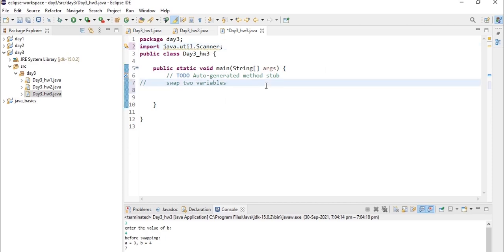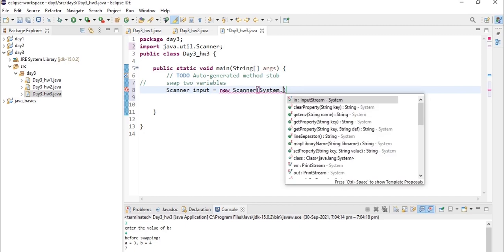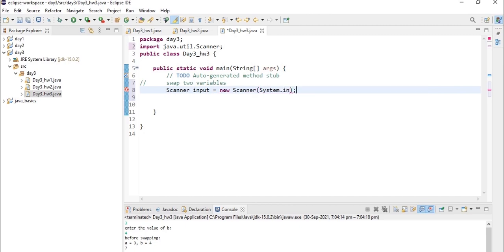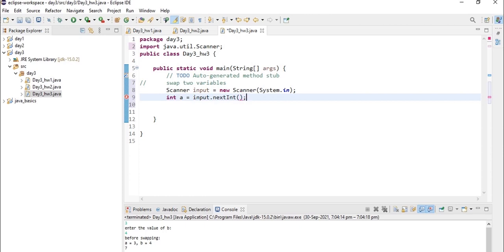Now let's create an object here, that is Scanner input is equal to new Scanner(System.in), that is input. Now let's declare a variable a of integer data type, and invoke the nextInt method, which is available in the Scanner class.